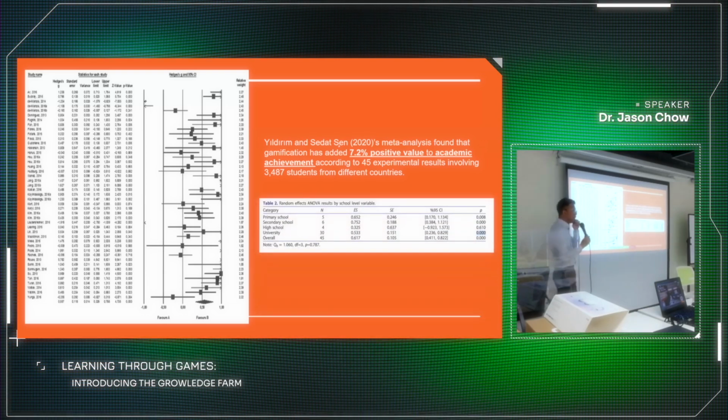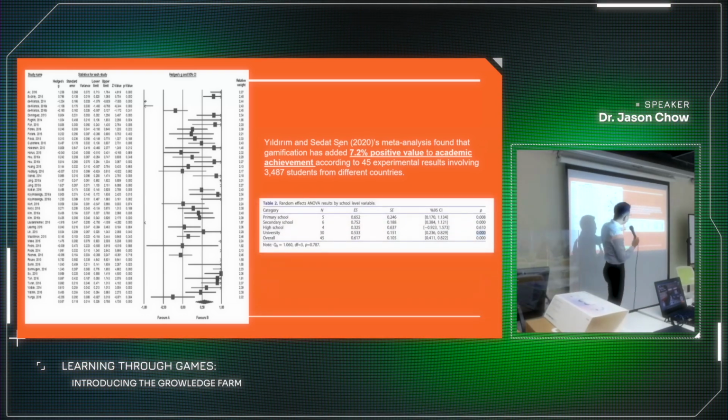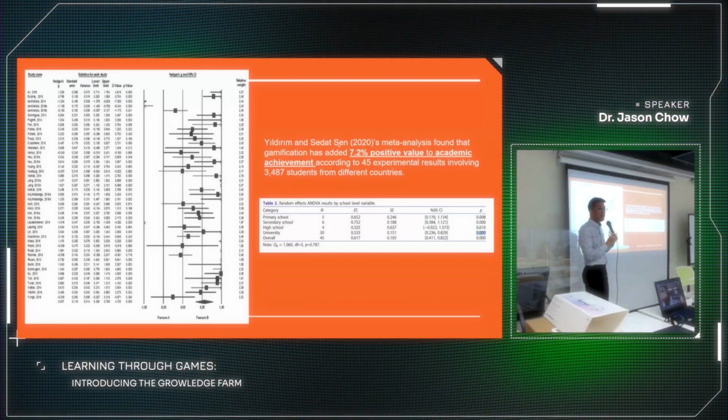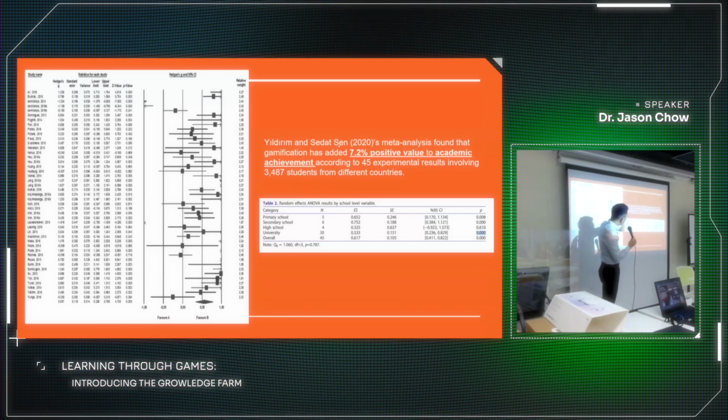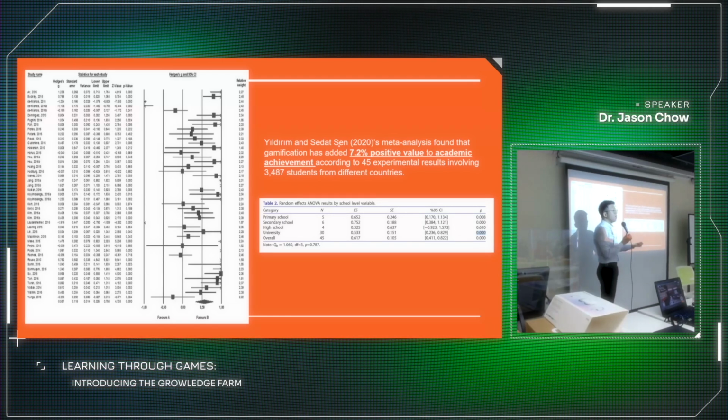Some of you may ask whether gamification or game-based learning is only effective among younger students. They like games, right? Children like games. But adults, university students, is it still effective? When you look at the details of this meta-analysis, what they find is that research conducted in the university setting actually shows an equally significant effect as compared to studies conducted in primary schools, secondary schools, or high schools.